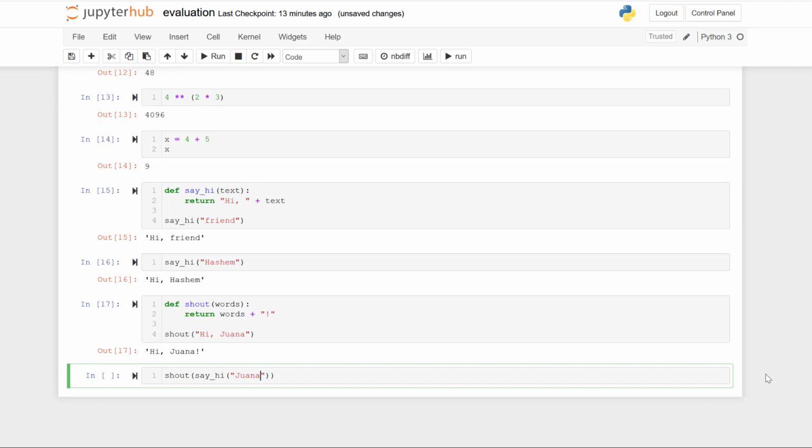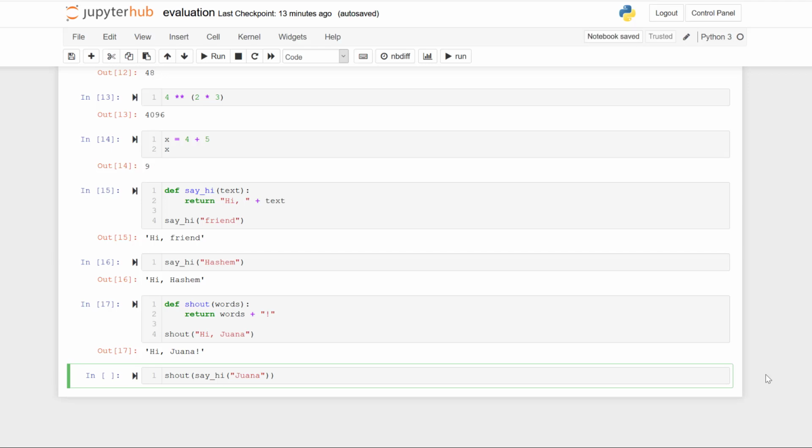Because this function body contains only a return statement, remember that we will evaluate the expression on the right, which appends hi comma to the front of the parameter, which in this case is wanna, and then it will return hi wanna to the place in the code that called sayHi. That is then the input for shout.